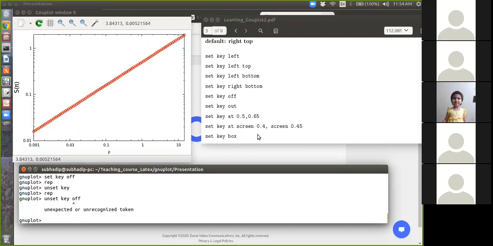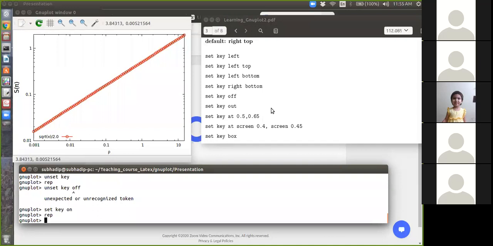No, something is not okay. I'm just quitting it. Set key on is fine. I want the key so that I can replace it.